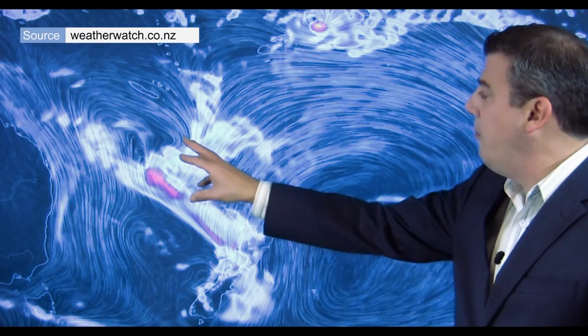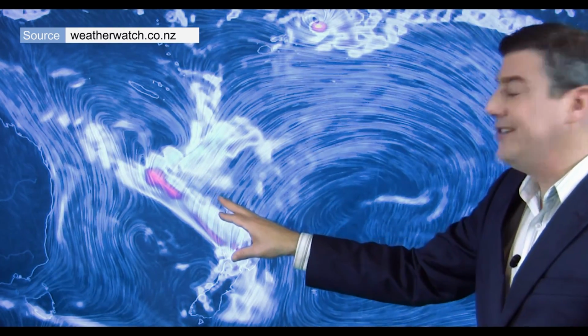However, I've chosen this particular wind map to show the moisture because it is actually going to turn into a new system and develop into a new low pressure system quite quickly over the next day and track very close, if not over, some parts of northern New Zealand, and then it will deepen into a whole new storm system